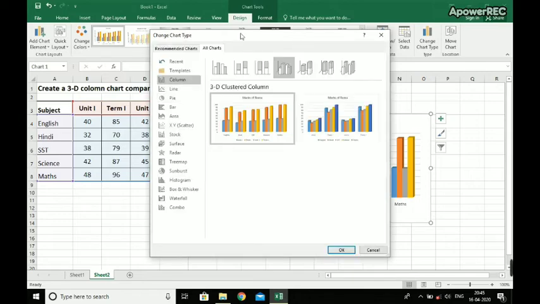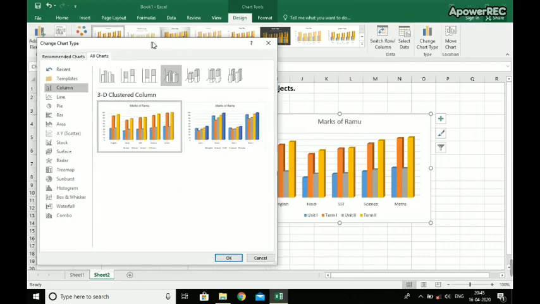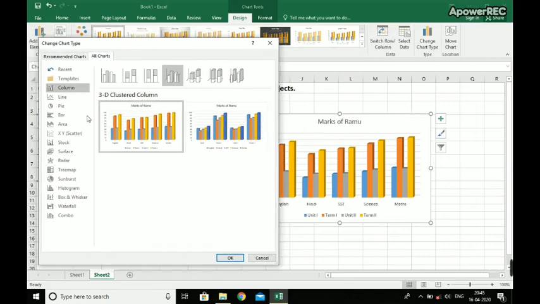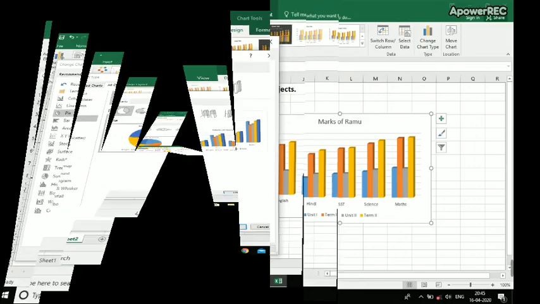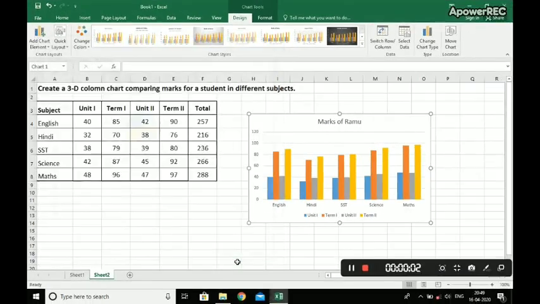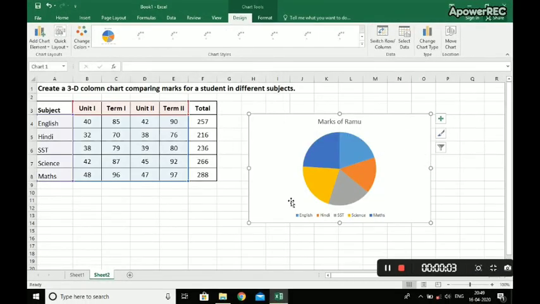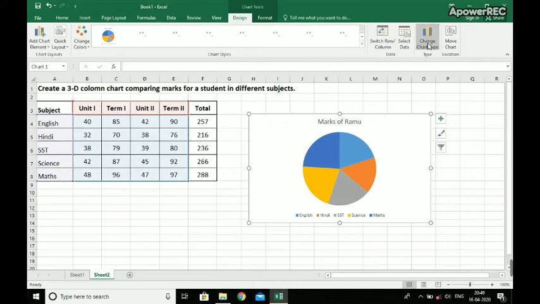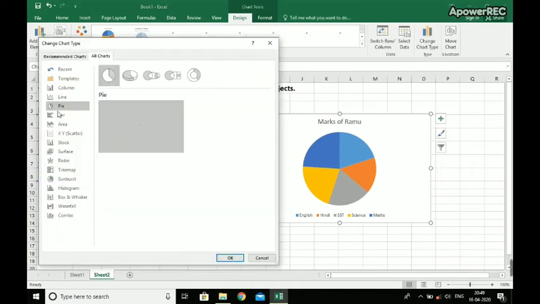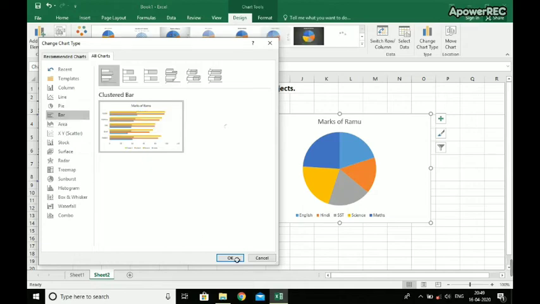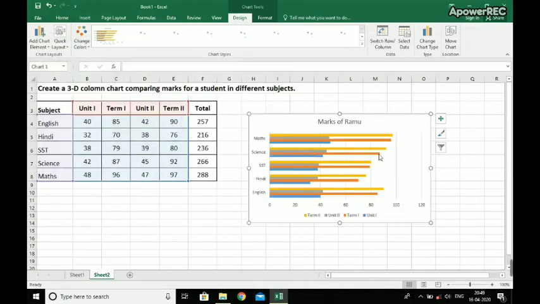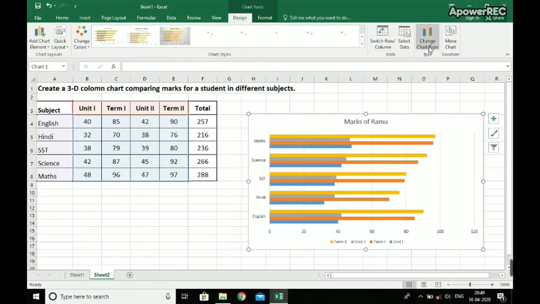And for example, if you want to change into some other chart, how can you do it? You can see on the top it is written change chart type. When you click on that, you will get various options. From there you can change the chart from bar to pie. Right now I have created a pie, so if you want it into bar also, then you click on bar. So bar has come. So this is how you can change the chart type also. Whatever you feel like, you can make it accordingly.